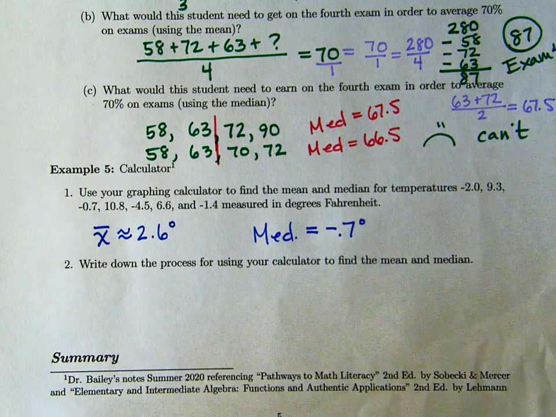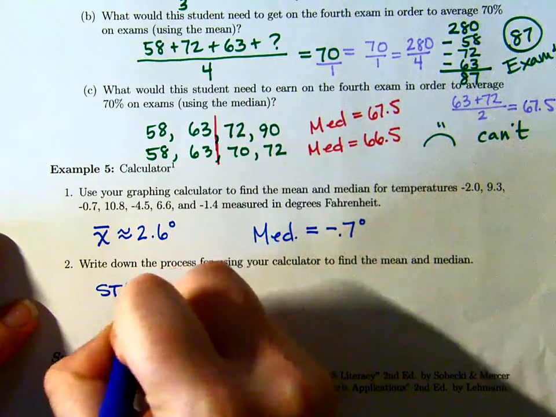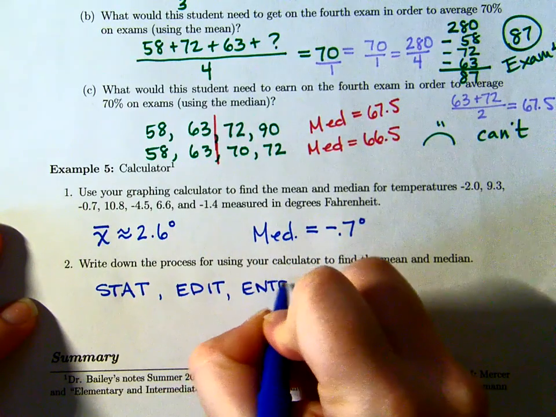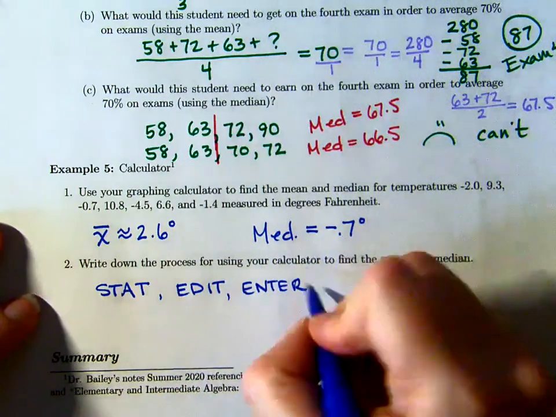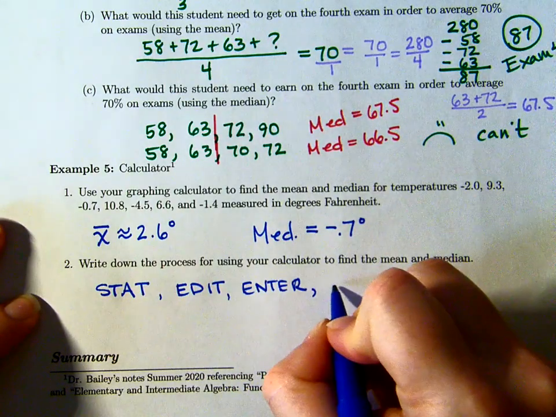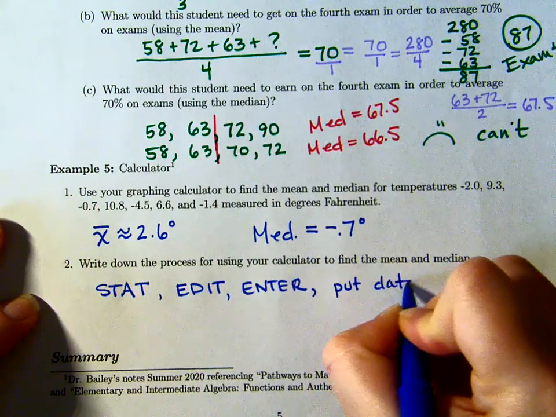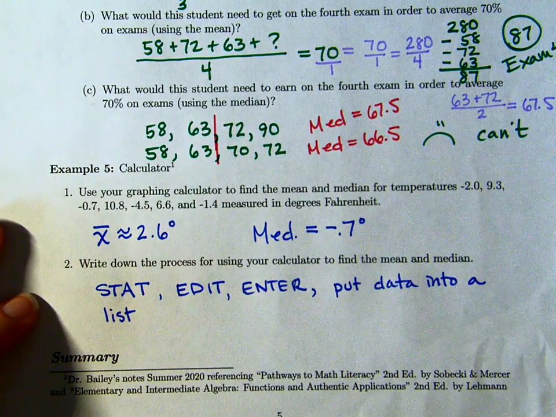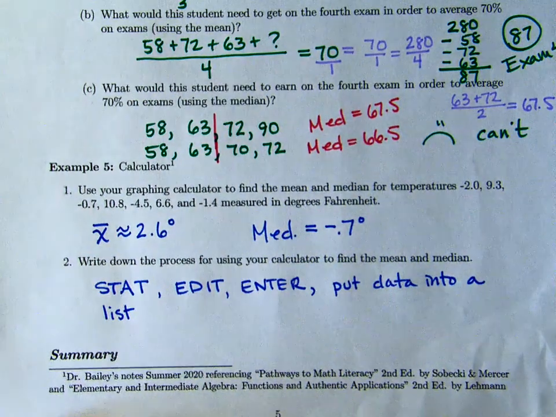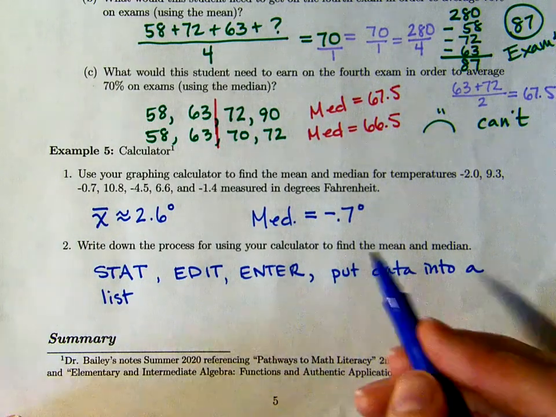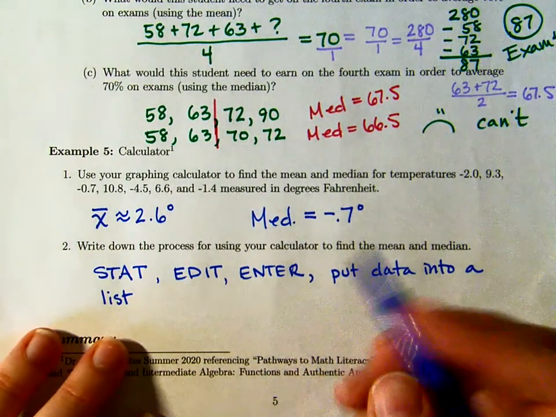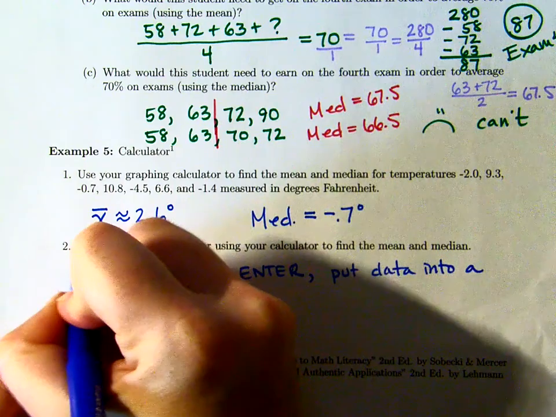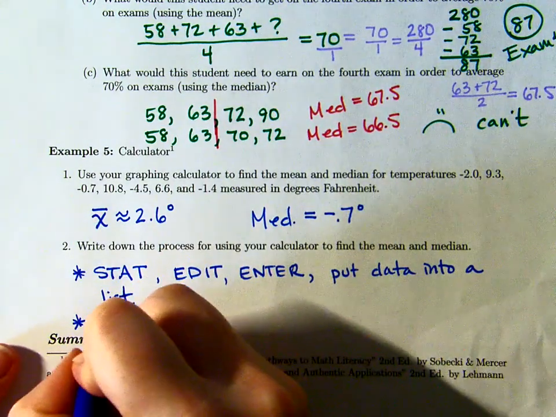Okay, so just to jot this down, we went stat, edit, enter, and then after that, put data into a list, preferably list 1, because that was the default when we were doing the statistics on it. Okay, so put the data into the list. Okay, and then, so we did this first, and then second, we hit stat,